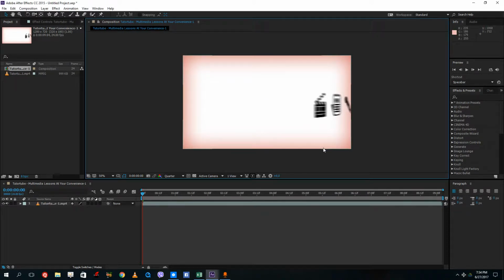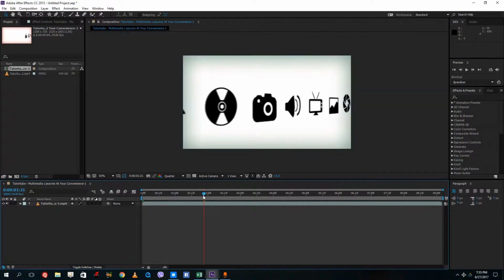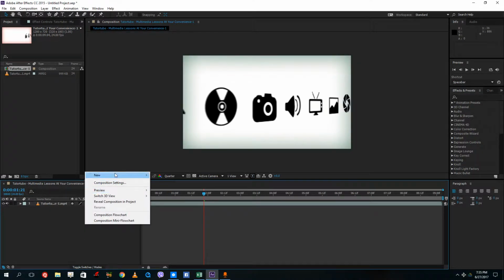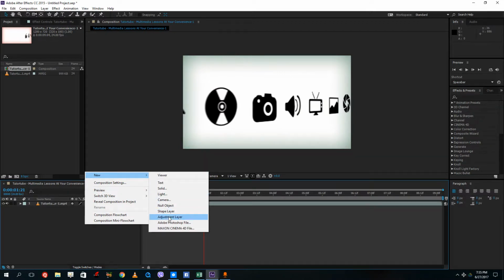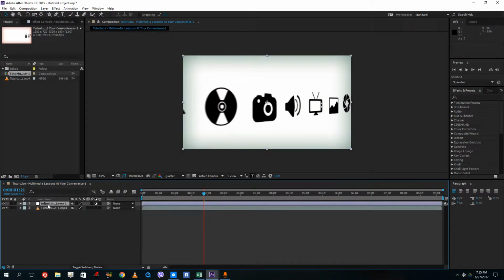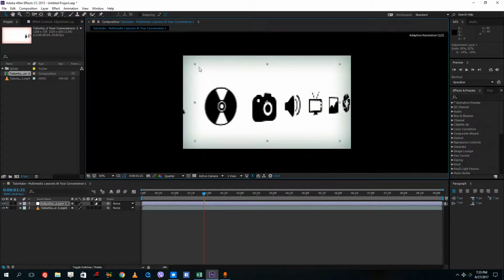So today we're going to use something called an adjustment layer. In order to create an adjustment layer, I already have the video right here. I'm going to right click, create new adjustment layer. An adjustment layer is a transparent layer which sits on top of the main layer